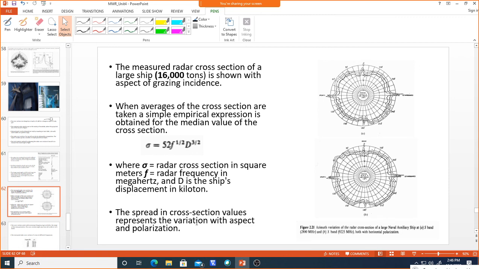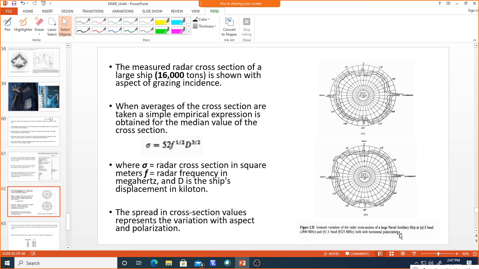You can see they measure the RCS for different polarizations, because the polarization of the incident signal is also important. For example, if you are transmitting a signal in horizontal polarization, and the echo signal is in vertical polarization, then you won't receive any signal. That's why they use different polarization techniques and estimate the RCS. So the polarization aspect is very important.